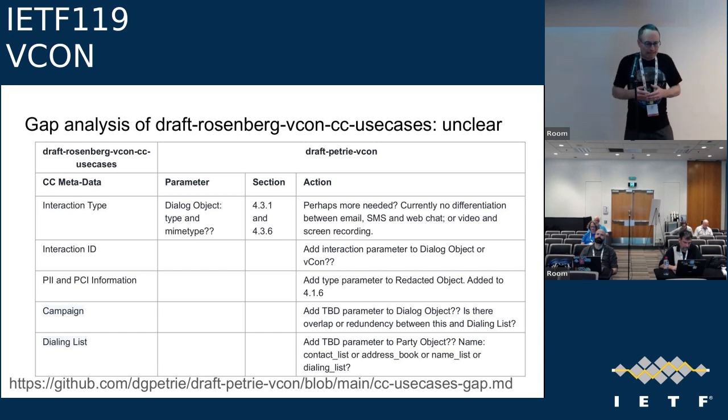Is this, like, the interaction type? For instance, the interaction ID, it's not clear to me. Is that a VCON scope thing, or is that per dialogue? I suspect it's per dialogue, but I'd love to have some confirmation on what people think on that. Then the interaction type.